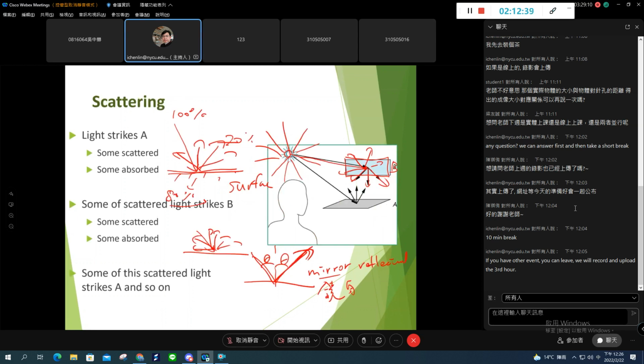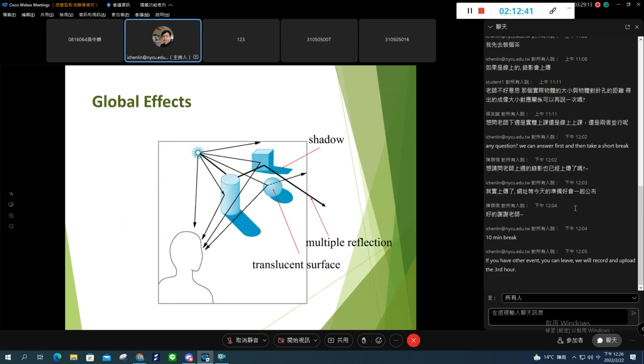Before we talk about the equation, let's talk about real nature's phenomena. Light spreads from the source, so it actually has to go in multiple directions. The first situation is that there is a ray that goes directly to your eye or your camera. The second situation is that the light could go through some surface,